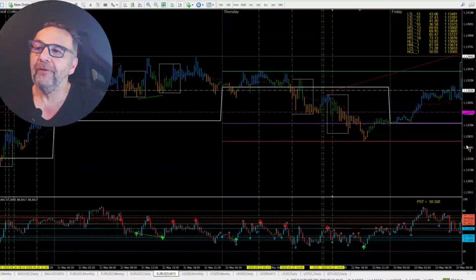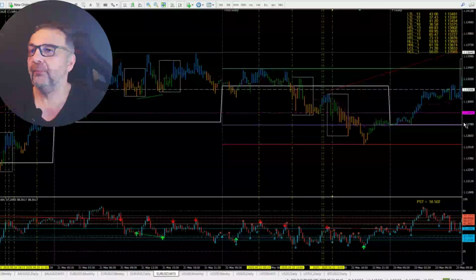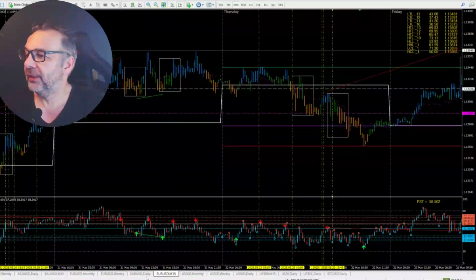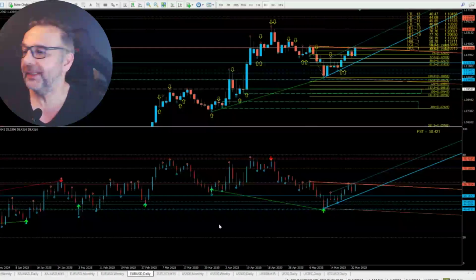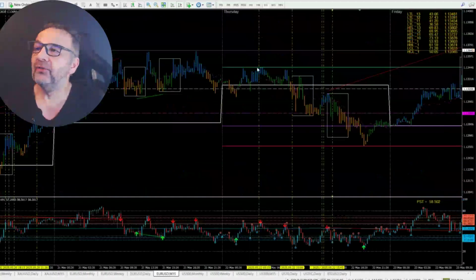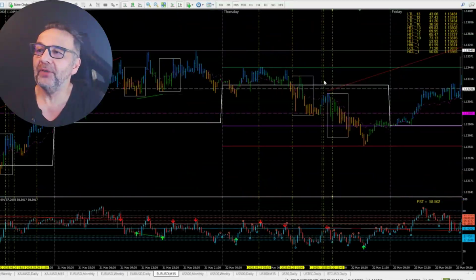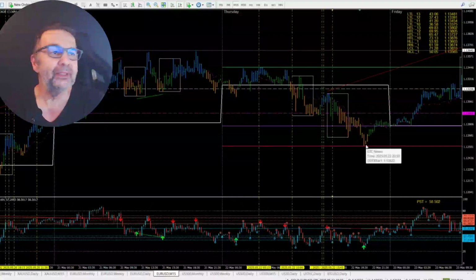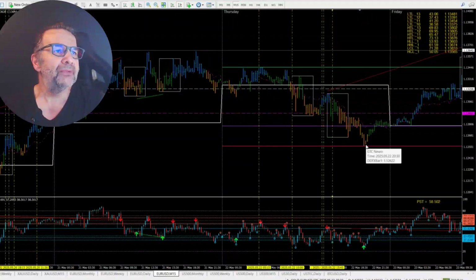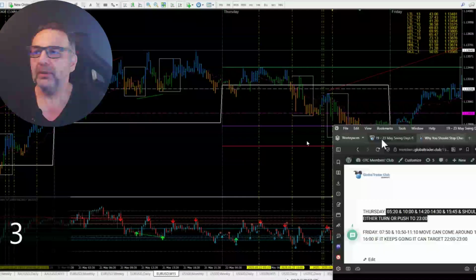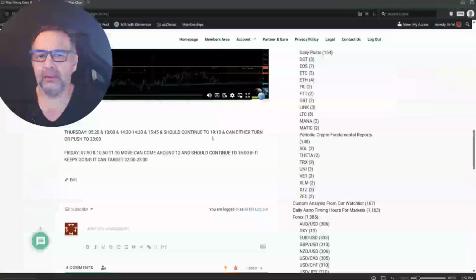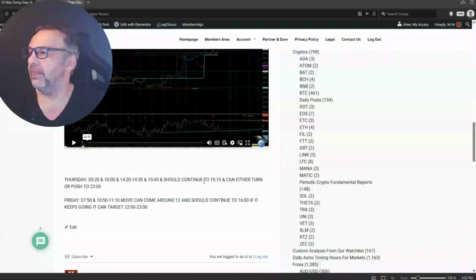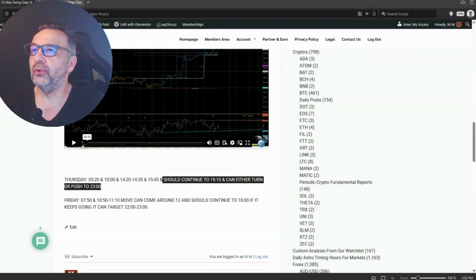Now, if you are following your trading, because Thursday is a swing day and the market's up, we're obviously looking for a retracement or a sell. So if we're at the tops, at highs at trading hours, you can push it down, obviously. Let's see. I've said it should continue to 10 past 7 here. You can see it, right? It should continue to 10 past 7 and can either turn or push to 11 o'clock.